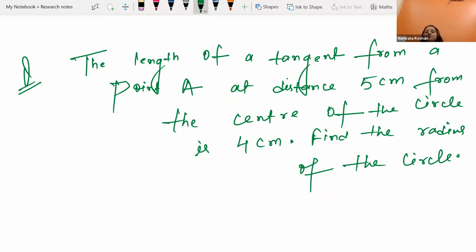The length of the tangent from a point A. That means a circle you are having, and there is a point A outside, at a distance 5 centimeter from the center. From here, we are drawing a tangent. That's why it says length of tangent from A, till the point of contact. You have to measure the distance always. So whenever I am saying length of tangent, that means the distance PA from the external point till the point